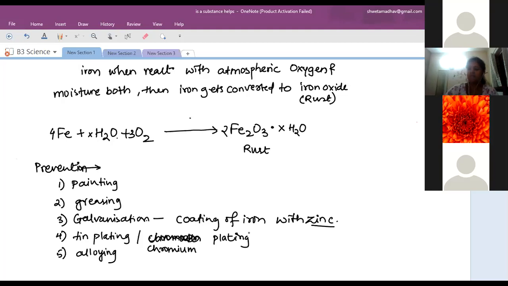Can you tell why? Ma'am, can you repeat the question? A galvanized iron article is there, and on one side the galvanized part, that zinc part, gets removed. One area, not fully. Some area where the zinc coating has been removed. In that case also, that iron article won't get rusted. Ma'am, because the rest of the part is galvanized.